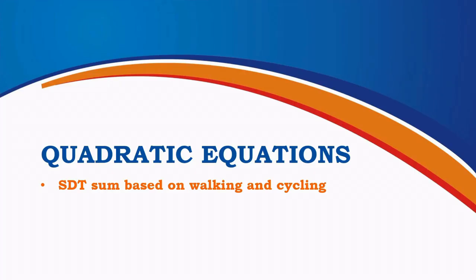The next type of question is a speed, distance and time problem based on walking and cycling. In this type of question, the same person travels using two different modes of transport. Our task is to carefully identify the speed, distance, and time for each mode, form the correct equation, and then solve it using the concepts of quadratic equations. As always, we will solve the problem step by step, understand the logic behind every calculation, and use a simple method to arrive at the correct answer. So, let's begin with this speed, distance and time problem based on walking and cycling.